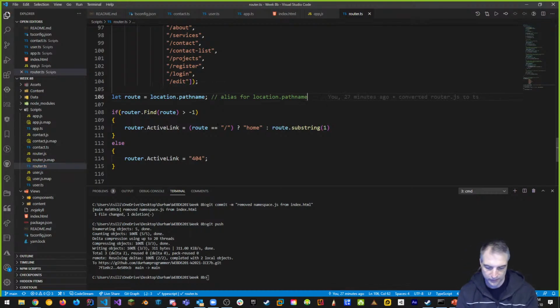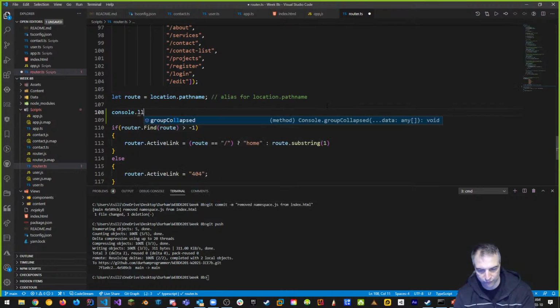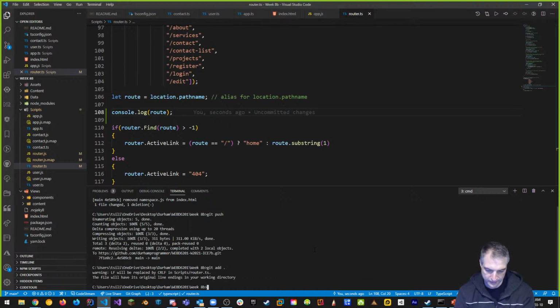For now, let's put in a console log to help us troubleshoot online, and we'll look at the route that we're getting. Again, we're doing this on the TS side. I'm saving it. It's going to transpile. Notice it changed, right? I'm going to say git add dot, git commit -m added console commands for troubleshooting.